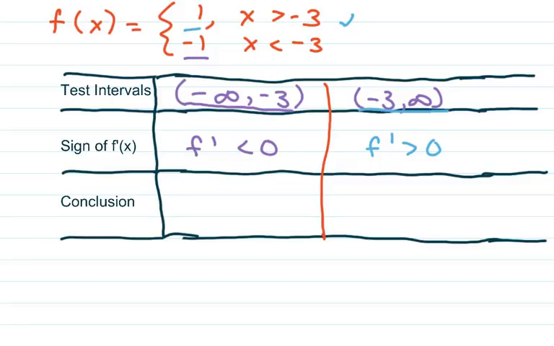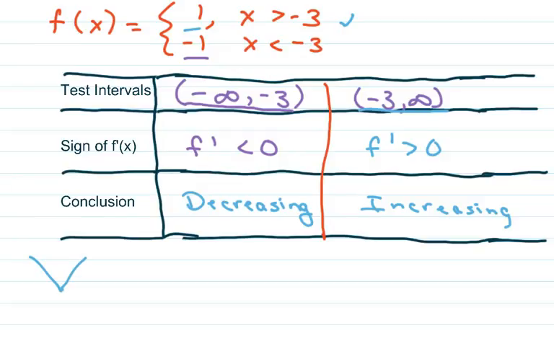That means we have a decreasing function on the interval from negative infinity to negative 3, and it's increasing on negative 3 to infinity. So decreasing, then increasing. So we're going to have a relative minimum, and what we do is take our critical number, or actually our point of discontinuity,